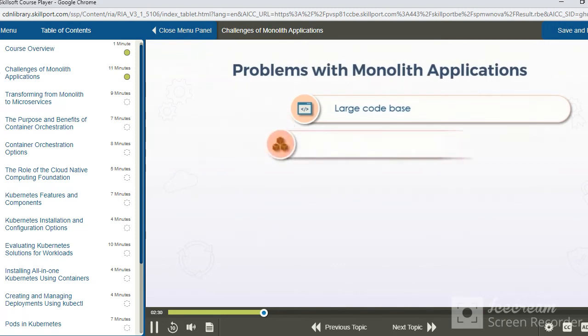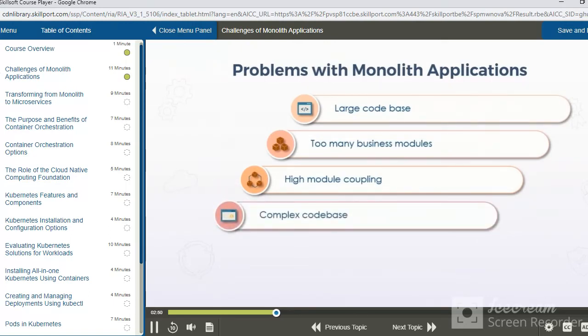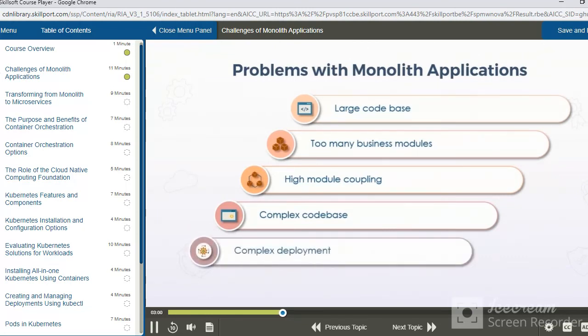The second problem is too many business modules. We will have multiple different business modules coupling with each other. And since one business module is dependent on another business module, you will have high module coupling. High module coupling will create a complex code base where you have a chance of code breaking due to a fix required in some of the dependent modules or services. And finally, it also creates complexity in deployment because you may come across multiple different